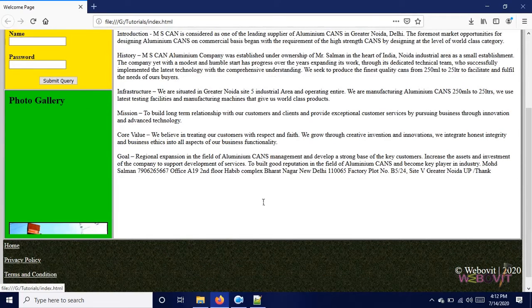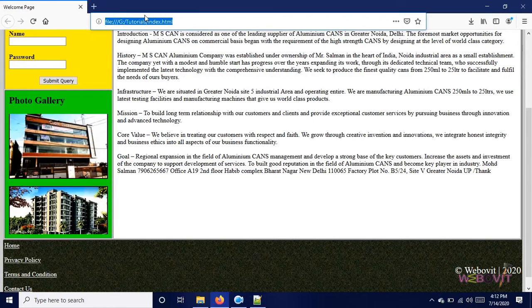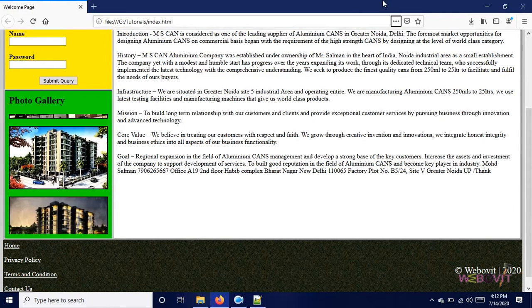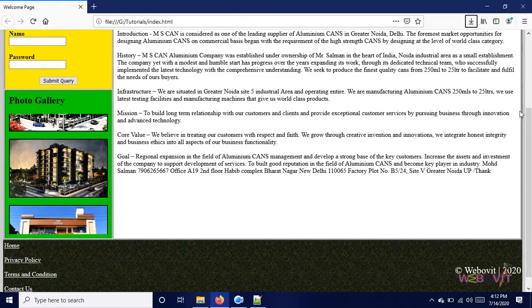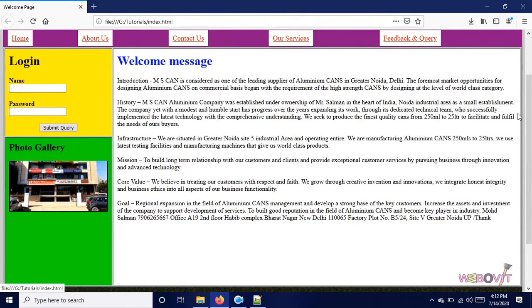Now I am pressing the tab button. As you can see, when I press tab, these things are getting selected. Now it came to the main part.